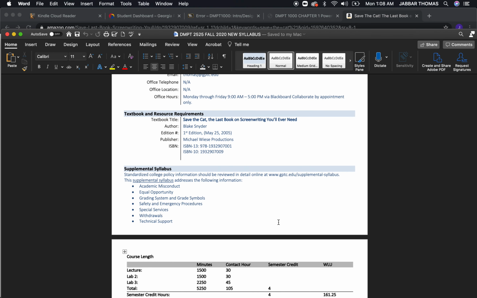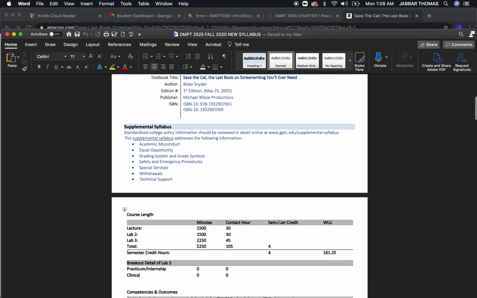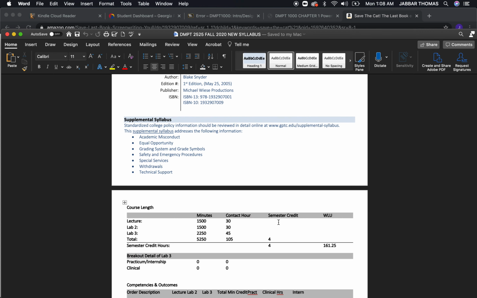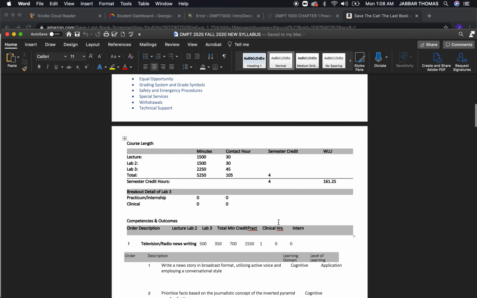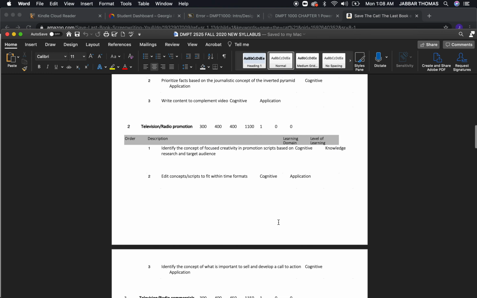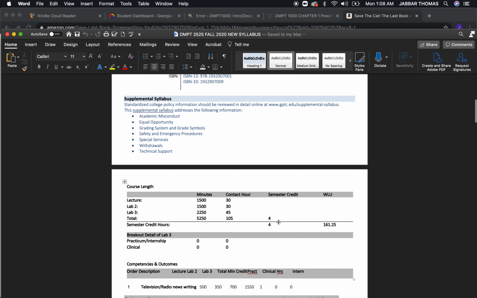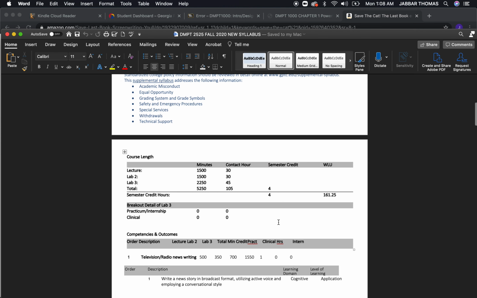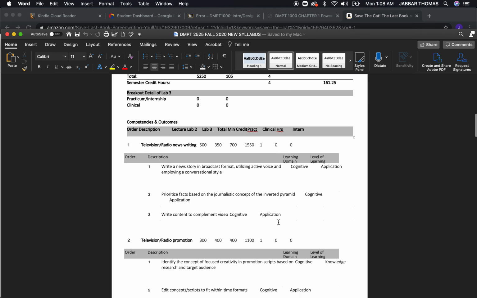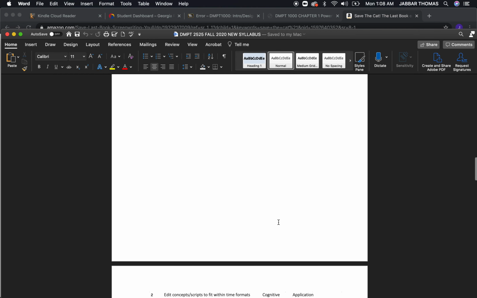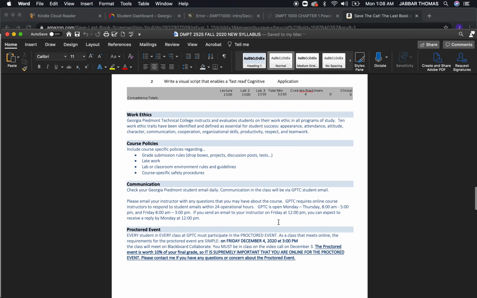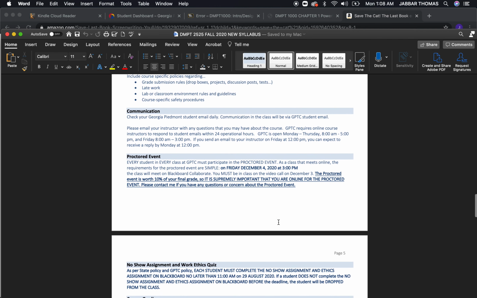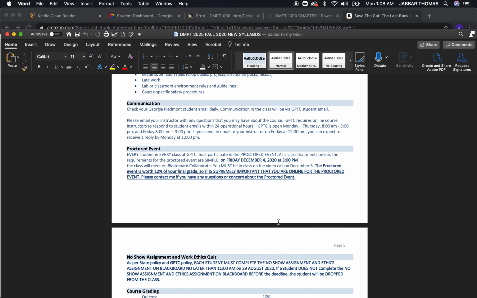As you know, I'm not going to go through this syllabus word for word, but you do want to go over this in your own time and make sure that you can refer to it at a moment's notice, just in case you have anything that you want to find out more about. Of course, we have our student outcomes and our competencies listed as well. Okay, all right, work ethics and course policies and communication. As you know, we are not going to be on campus. This class is entirely online for the fall semester because of the coronavirus crisis.